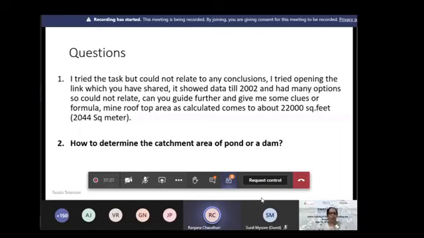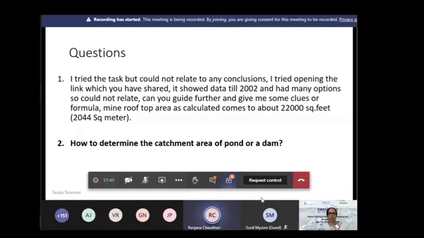But in case of a dam, of course, it is a much larger area. Most of us have been to hill stations. If you are talking about the Nainital Lake, then from the highest elevation of the nearby mountain, all the water will come down to the depression, which happens to be the Nainital Lake, and so that catchment area has to be taken.